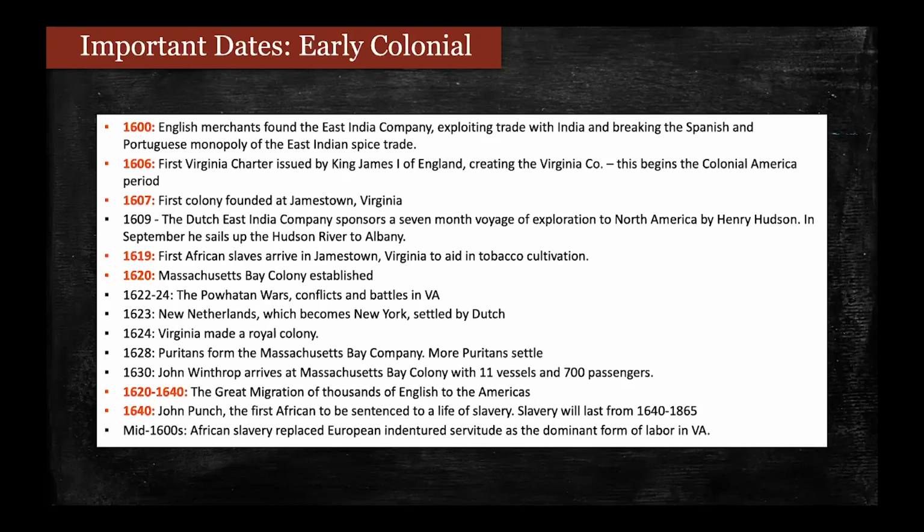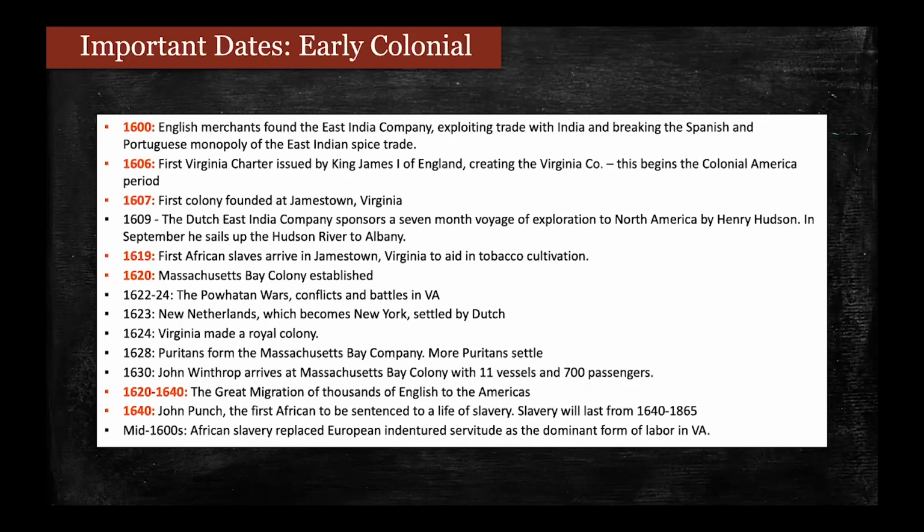1620 to 1640, the Great Migration of thousands of English to the Americas. Now, 1640, something monumental happens in the English colonies. Although African slaves were there in 1619, John Punch becomes the first African that we know of to be sentenced to a life of servitude. John Punch was originally an indentured servant, and he is sentenced to a life of servitude, the first Black man